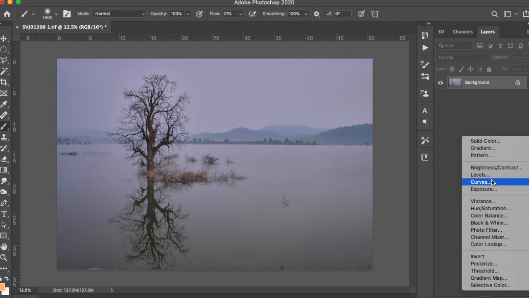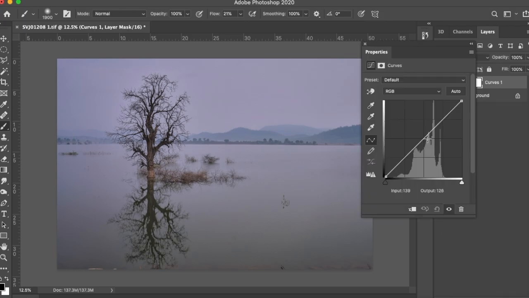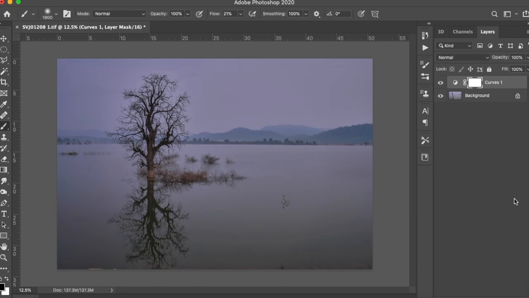So let's add a curves adjustment layer and maybe till this level, darken a little bit, perfectly fine. And we are going to mask out, big soft brush, flow of about 40%.